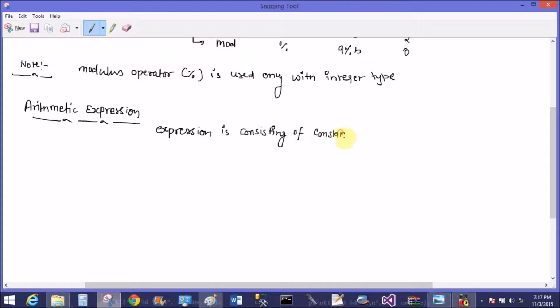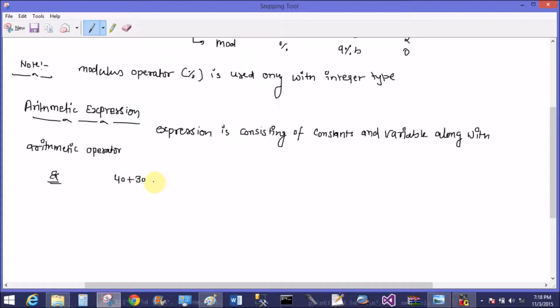An expression consists of constants and variables along with arithmetic operators. We can say that is an arithmetic expression.